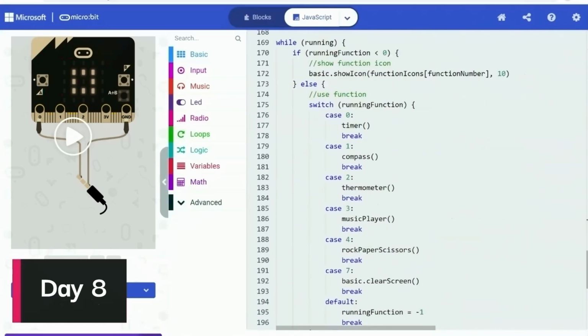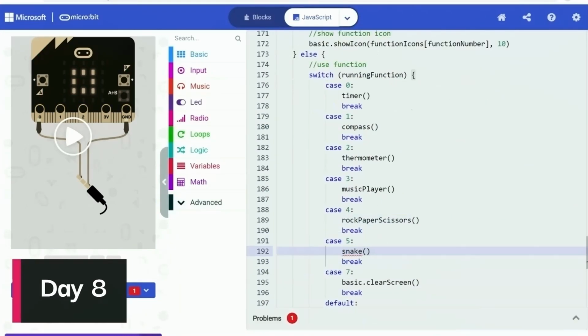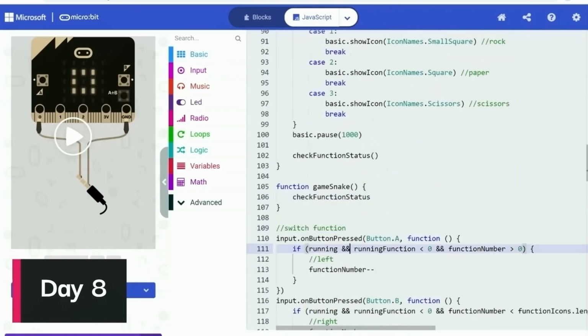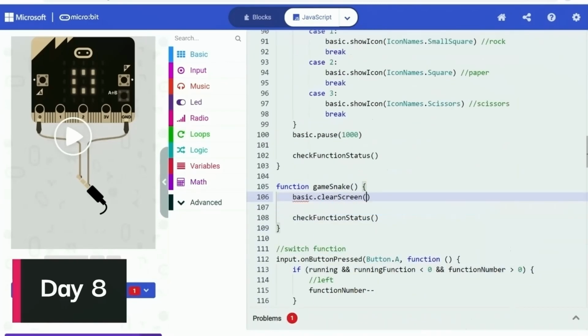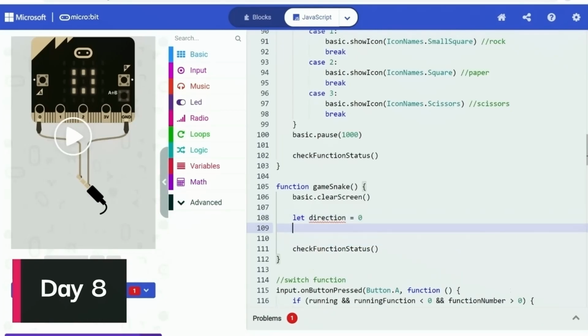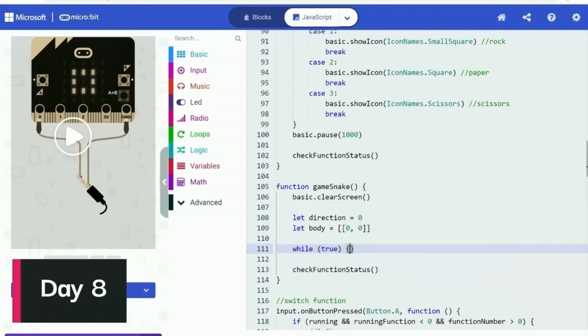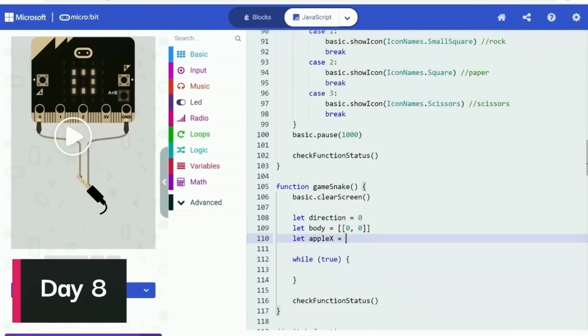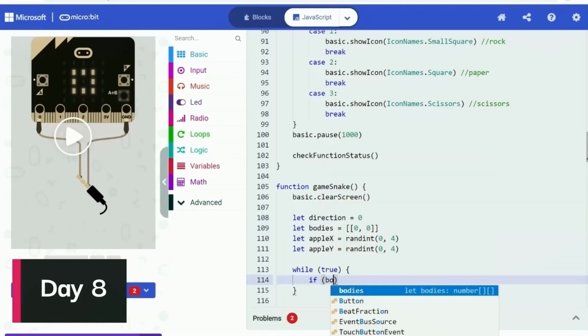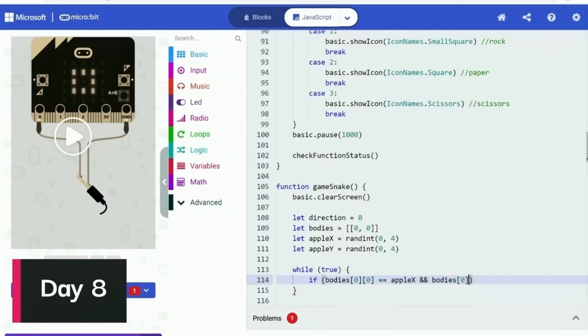With some very quick and simple setup, I got this custom function to work with. And I knew this single function would be the hardest to make among all those different functions in this mini system. I got to use this 5x5 LED screen on the microbit to display the snake and the apple, which I already had some ideas about how to attempt. With all those in my head, I went on to create the variables I planned that I would necessarily use for the logics. And I also coded a while loop to run and render every frame of the game, until it's game over.